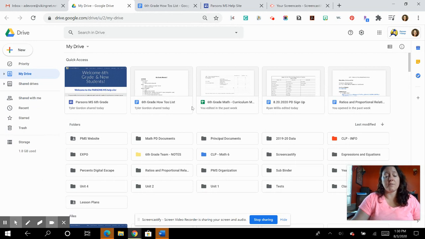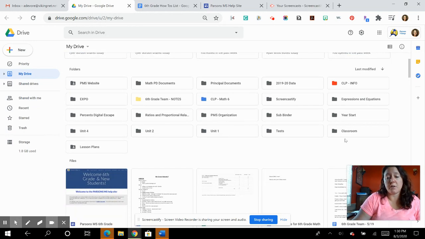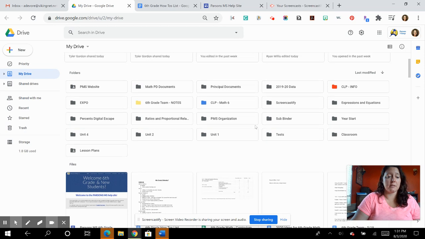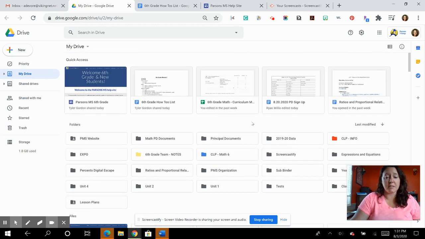Your Google Drive, oftentimes, if you have a classroom set up, is automatically going to have a folder set up for each one of your classes that you're in, that you're going to be able to sort through and find things that you need to work on or maybe you worked on in the past. But what I want to talk to you about today is some simple things that you can do to help keep yourself organized. So the first thing is, if you want to create a new document, notice the new